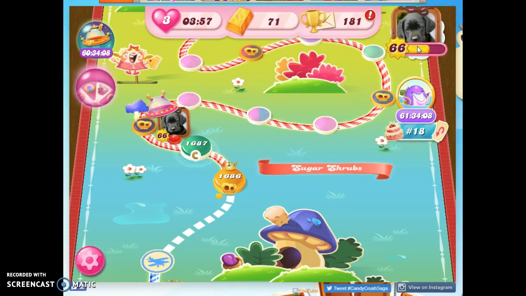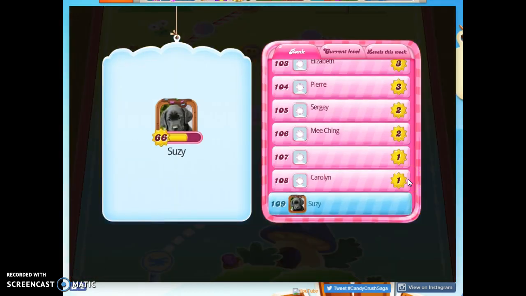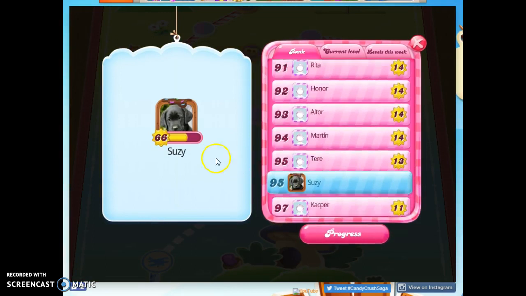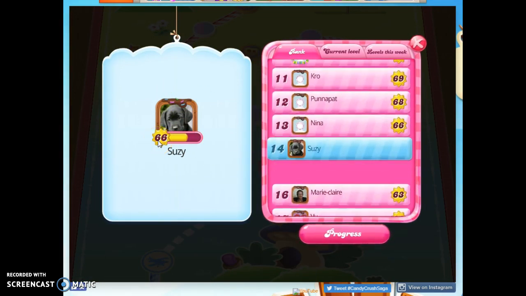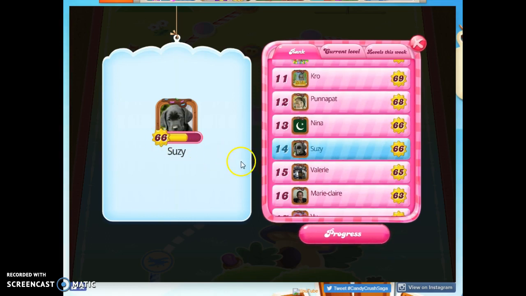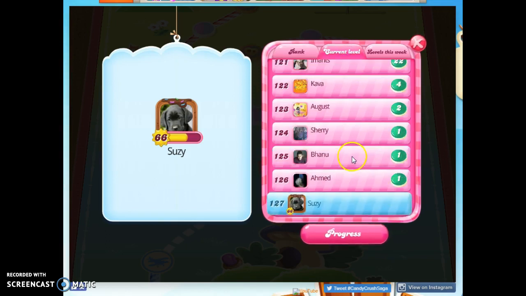This wasn't on my other profile, but I've got this here and I can actually see my ranking. So if I click on this, it shows me that I've got a frame and I'm on level 66. And then it shows me that my rank is 14th. Out of all of my friends on this account, I'm level 66, and there are 13 people who are a higher level than I. It shows my current level,